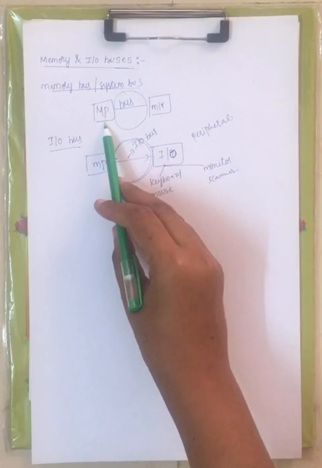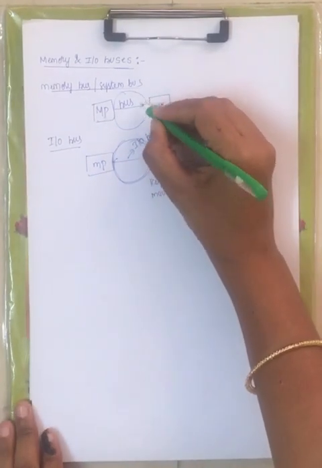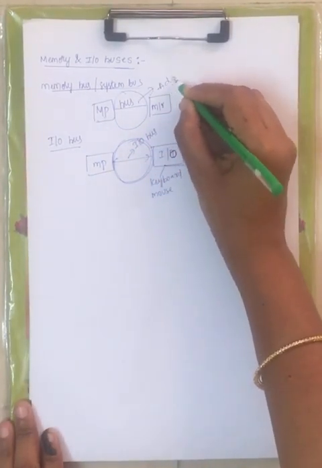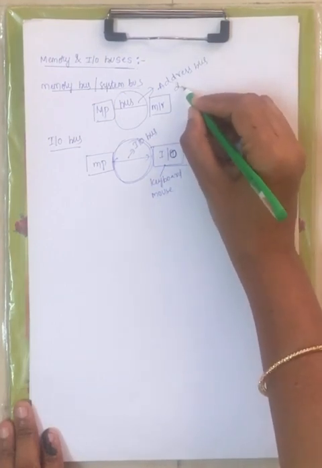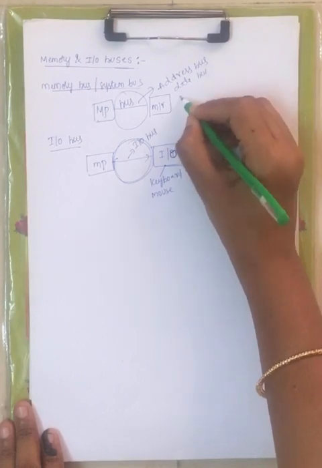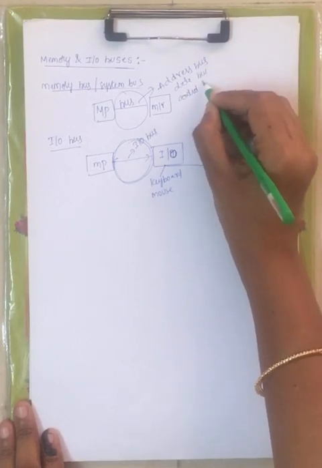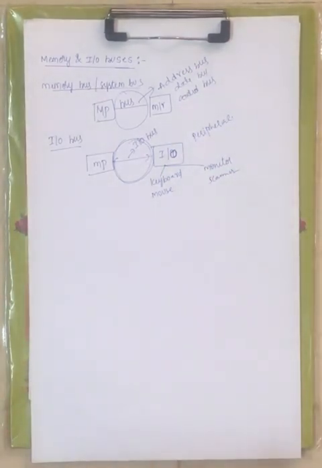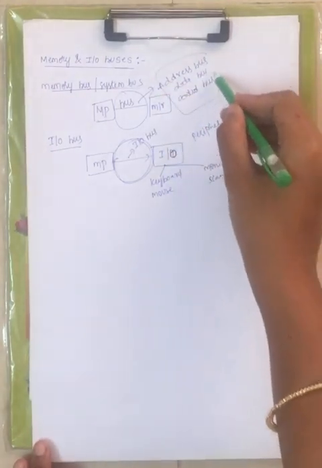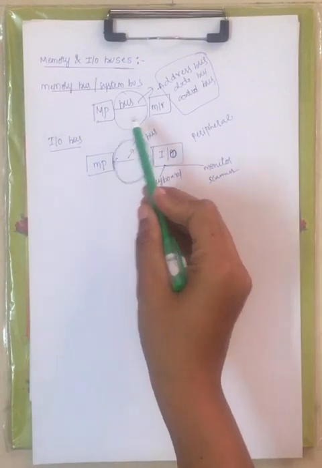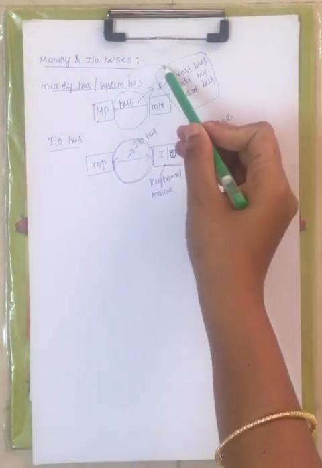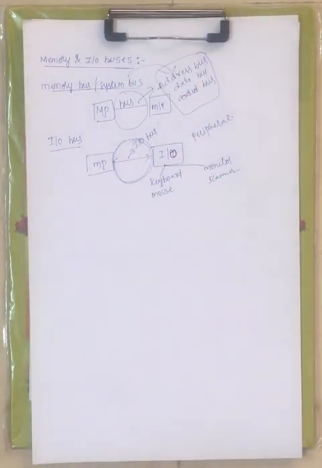This includes the address bus, data bus and control bus, right? These three buses together are used to make a connection between your microprocessor and the memory. That's why, when these three buses are used to make a connection between your microprocessor and memory, we call this the memory bus or system bus.